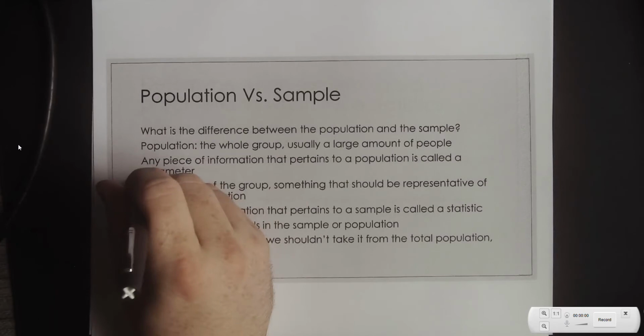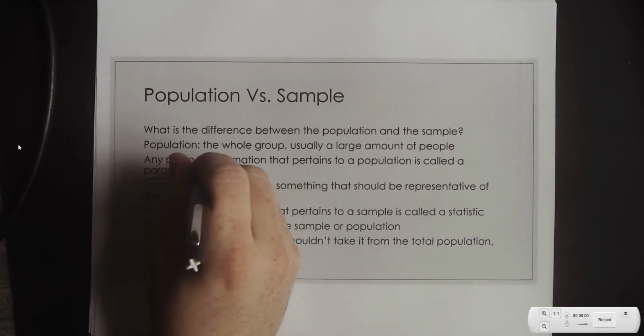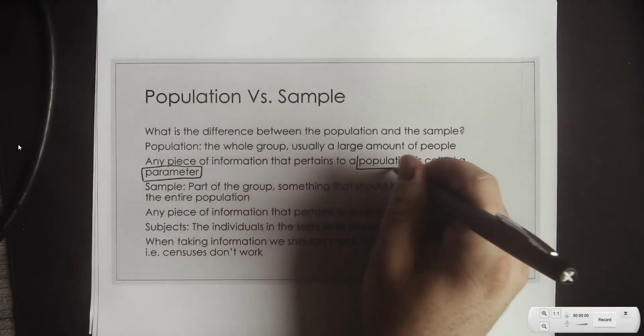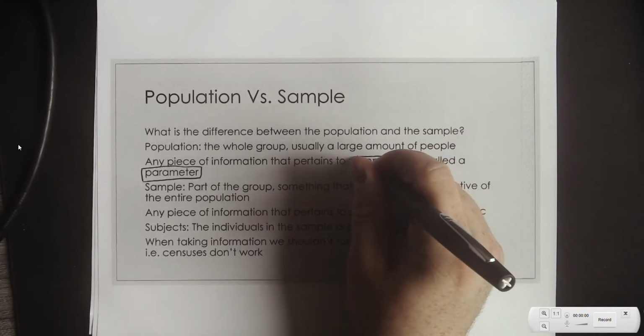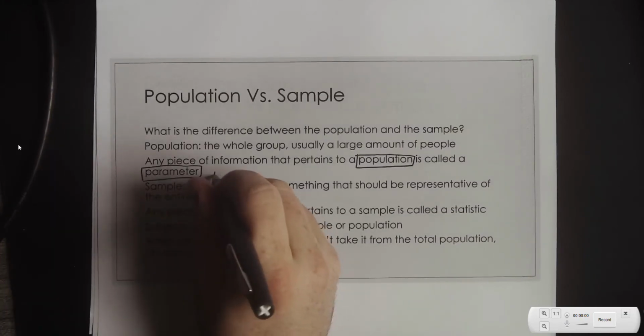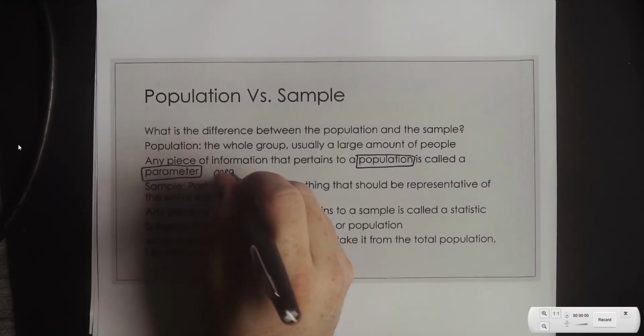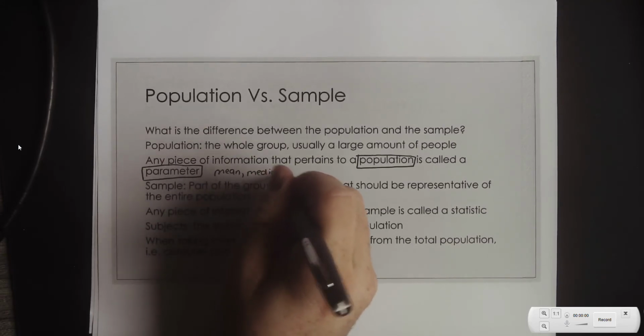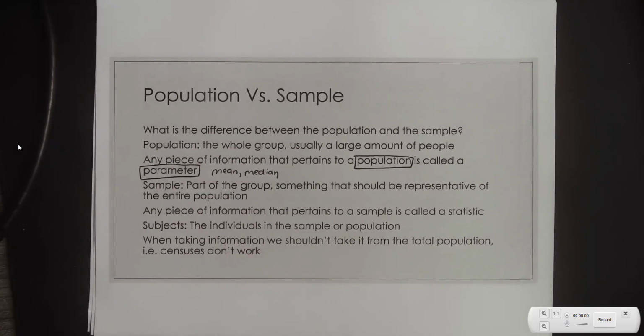So the way you want to memorize this is that it's P for P. Parameters go with population. And when we're talking about pieces of information that go with this, we're talking about things like means or averages, medians, any piece of statistical data that we can get that pertains specifically to the population